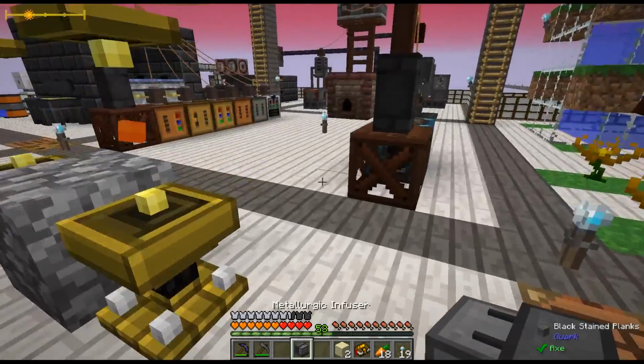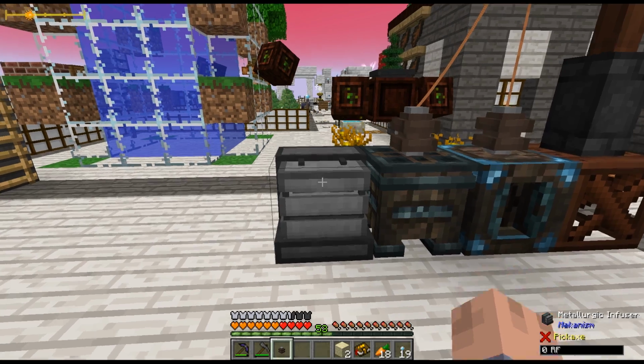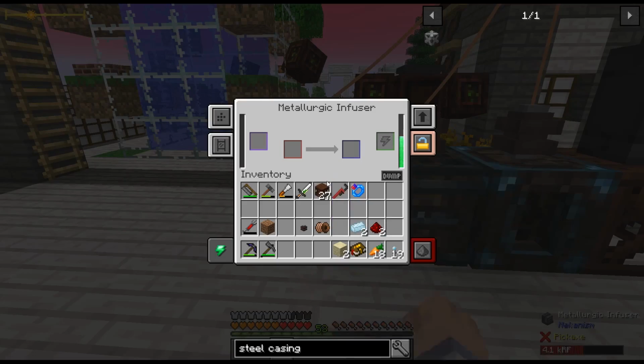Nice. The first machine I want to make after this is the enrichment chamber, because that's going to save us a lot of materials when it comes to redstone especially. Hook this guy up to here, and it's instantly full. Cool. And I need to make 2 of the...